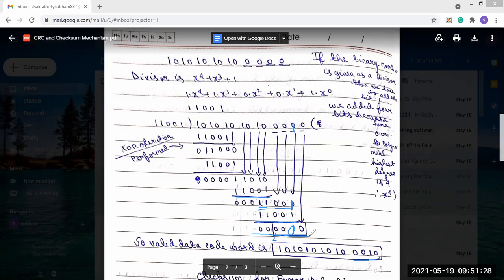So if there is no error present, the receiver will conclude that all the bits it has received are correct. For no error, there should be all zeros. When we perform the operations on the receiver side, at the end there will be all zeros. So if there are all zeros, then we can say that there is no error during the transmission.